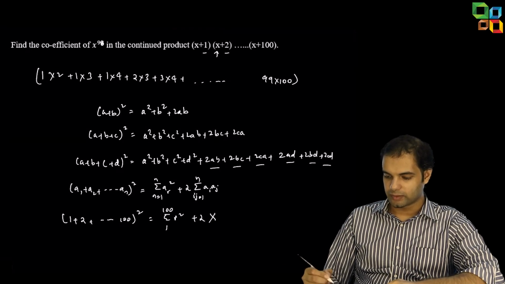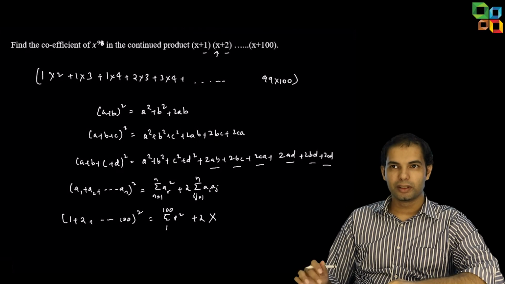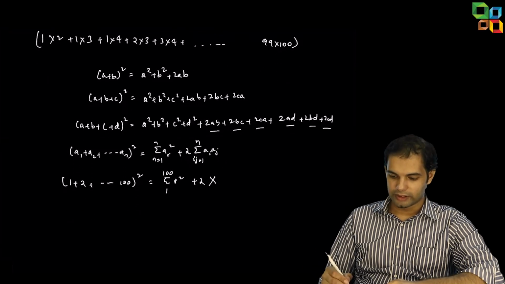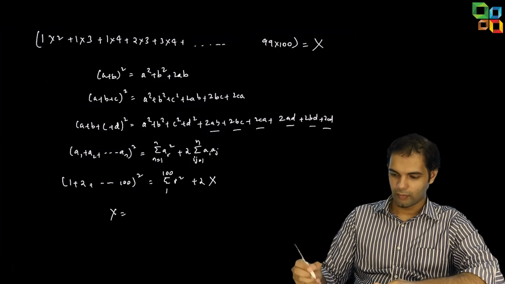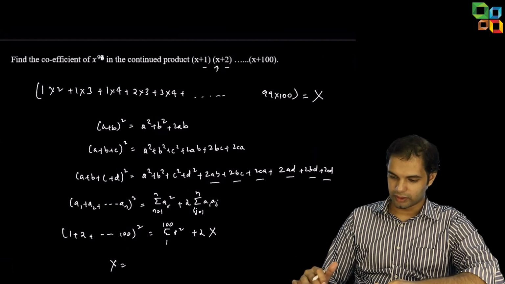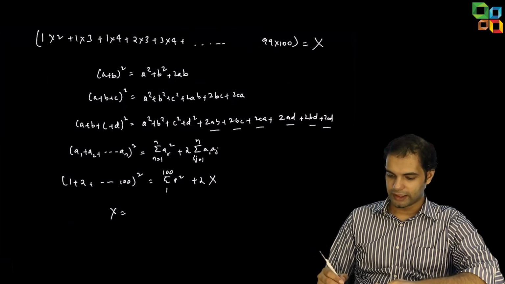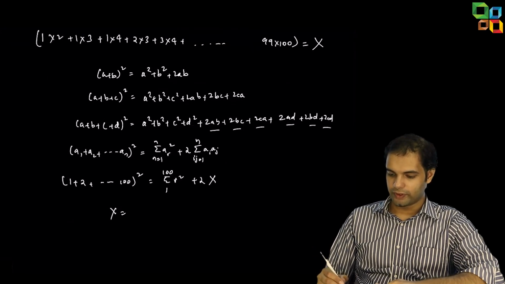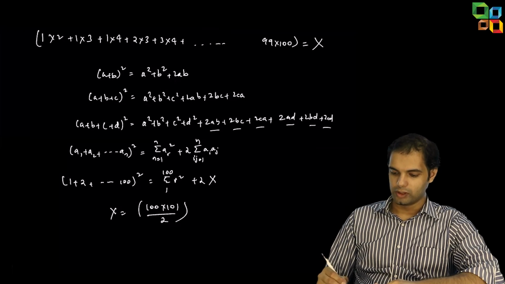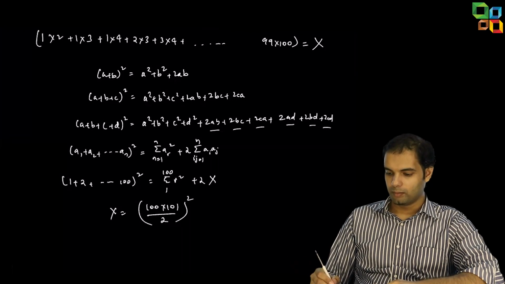Let me put a capital X. This is what we are trying to figure out, the sum. Capital X is the sum of first n natural numbers, 100 into 101 by 2 whole square, minus summation